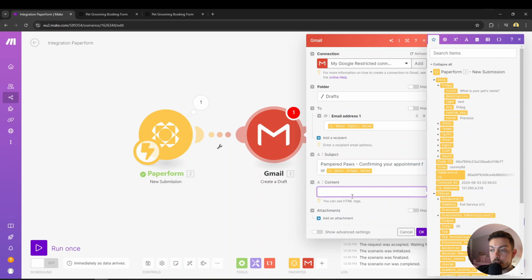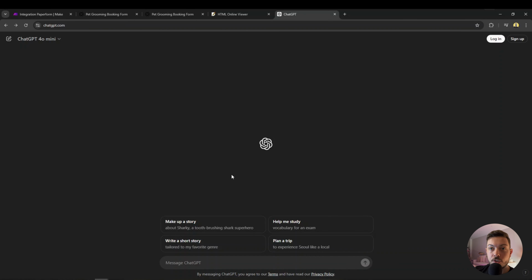And in the content, what we're going to use here is HTML. So we're actually going to build out a confirmation email. So you don't have to fill out this information. We'll just use HTML. And I'll show you how to do that very, very easily and very quickly. So we're on ChatGPT, and what we're going to do is we're going to say,